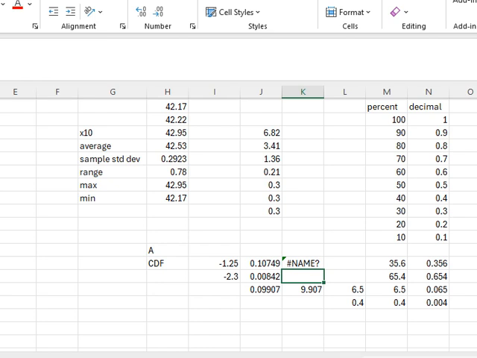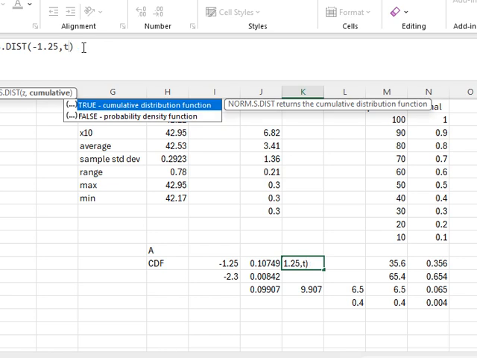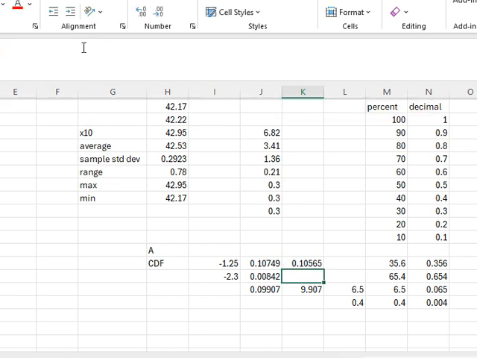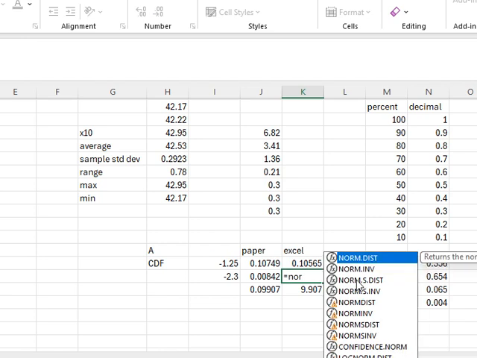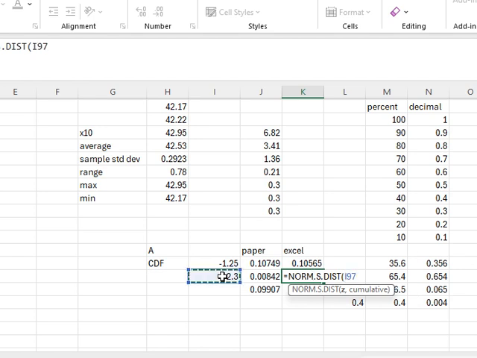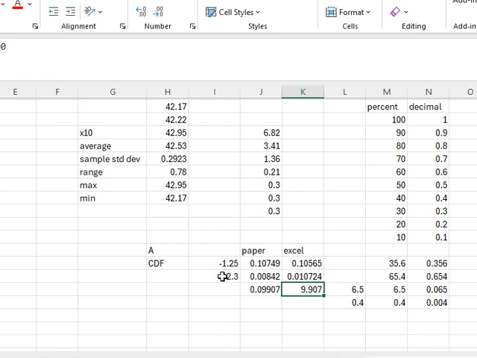and then you press enter. Sorry, I have a typo here. It's got to be TRUE, and it's going to give you the value. So this one is from the paper, and this one is from Excel, so we have slight variations of the value here. I'm going to do that a second time, give it TRUE, and see how different the numbers are. The one from the paper z table value is